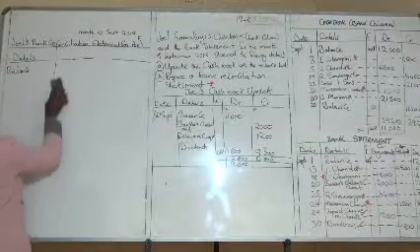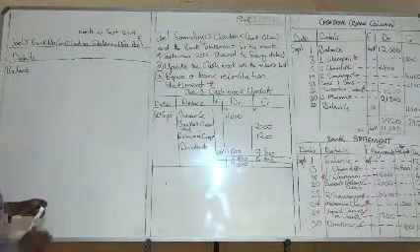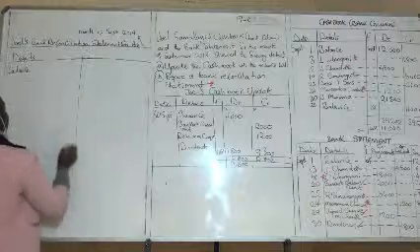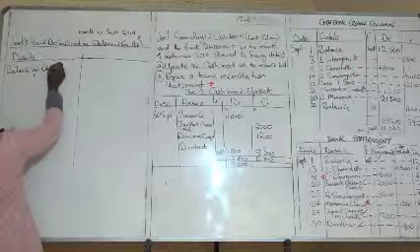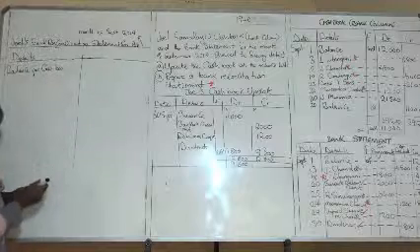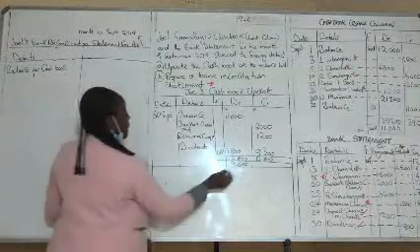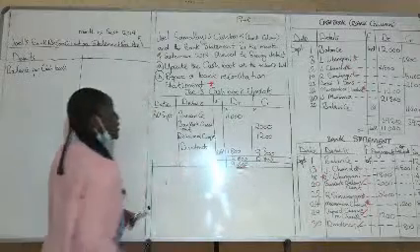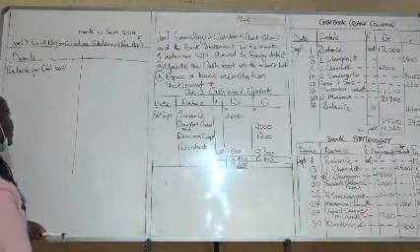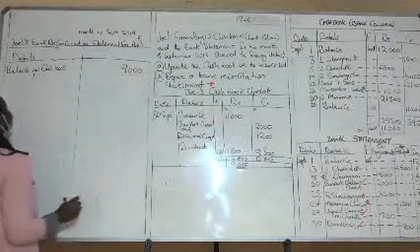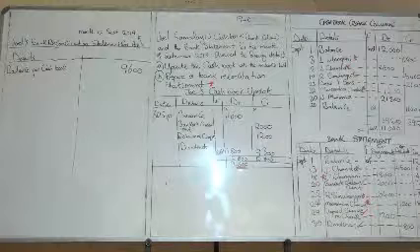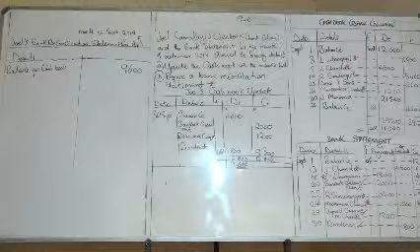Maybe this line is way too close. We place it here. Balance per cash book. Our balance per cash book is the 9,600. And then we move. Remember, all the time when you start with the cash book update, you always have to